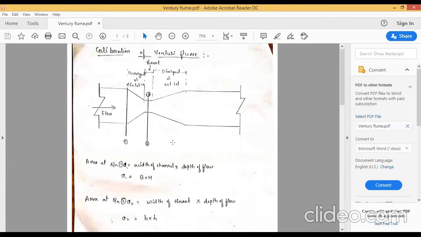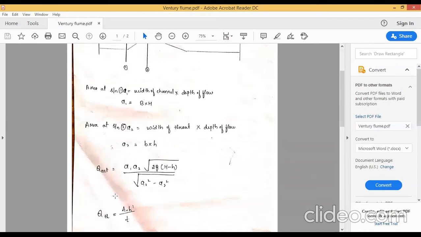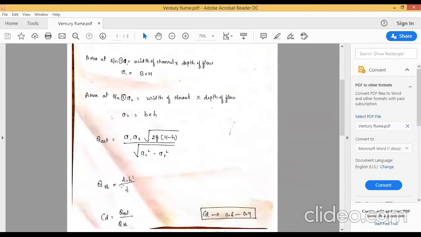So after coming out of this flume, water will be let into some tank. You have to measure the time taken for the rising water in the tank for a certain height. So let us say for 10 centimeter height, for 20 centimeter height, like that. In the laboratory, capital A, the measuring tank area, will be given, and you have to find out T, the time taken for height H dash. You will usually keep it as 10 centimeter or 20 centimeter.